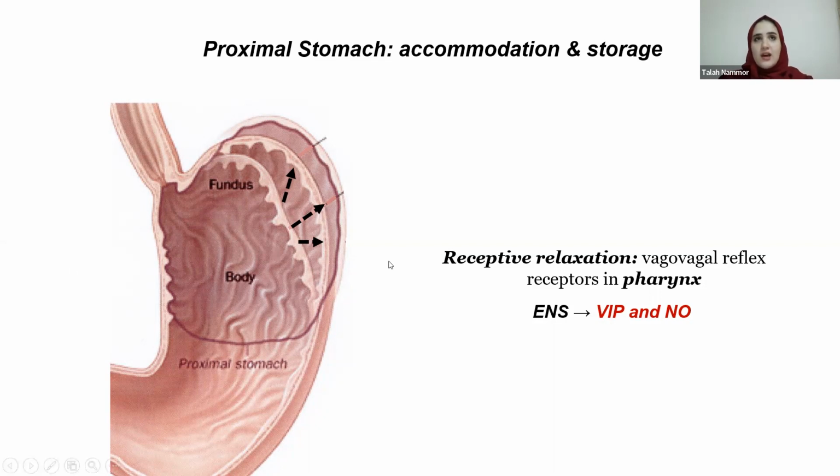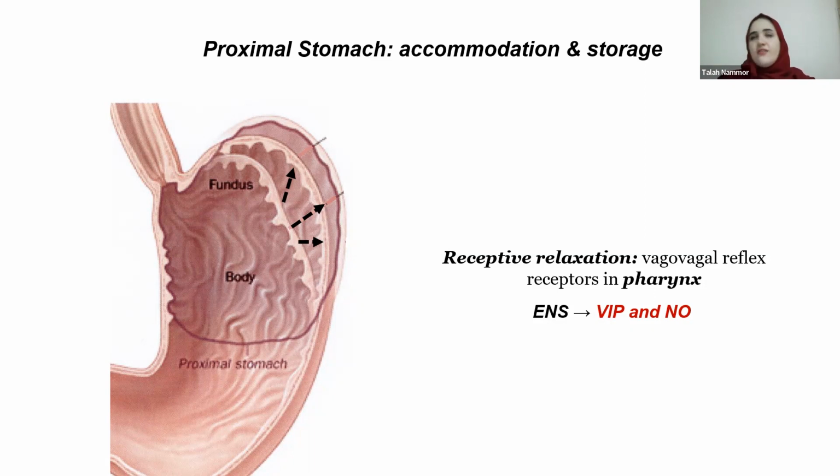there is something. You remember how Ghaid yesterday told you guys, when you eat, the food is going to go into your pharynx, and then your pharynx will stimulate the lower esophageal sphincter to relax, so it allows the food to pass by. Do you remember this? Yes, perfect. So basically, this action on the lower esophageal sphincter is the same action on the stomach. So once food hits the pharynx, it will activate the